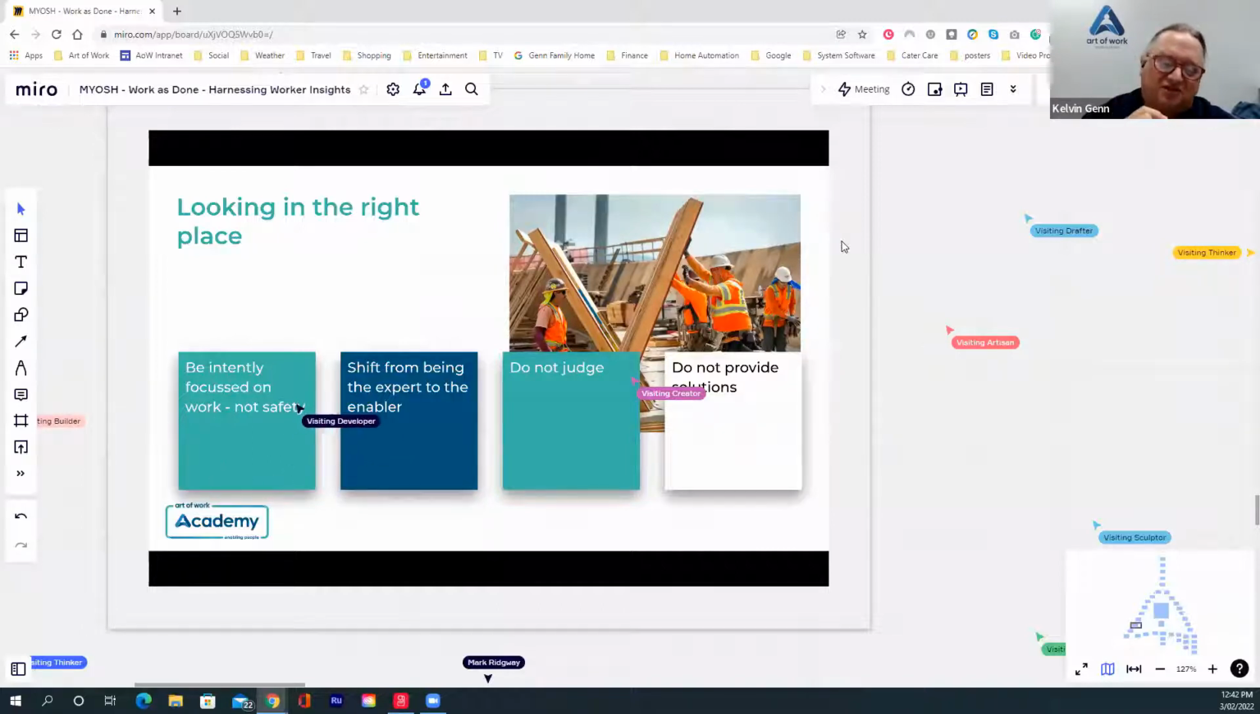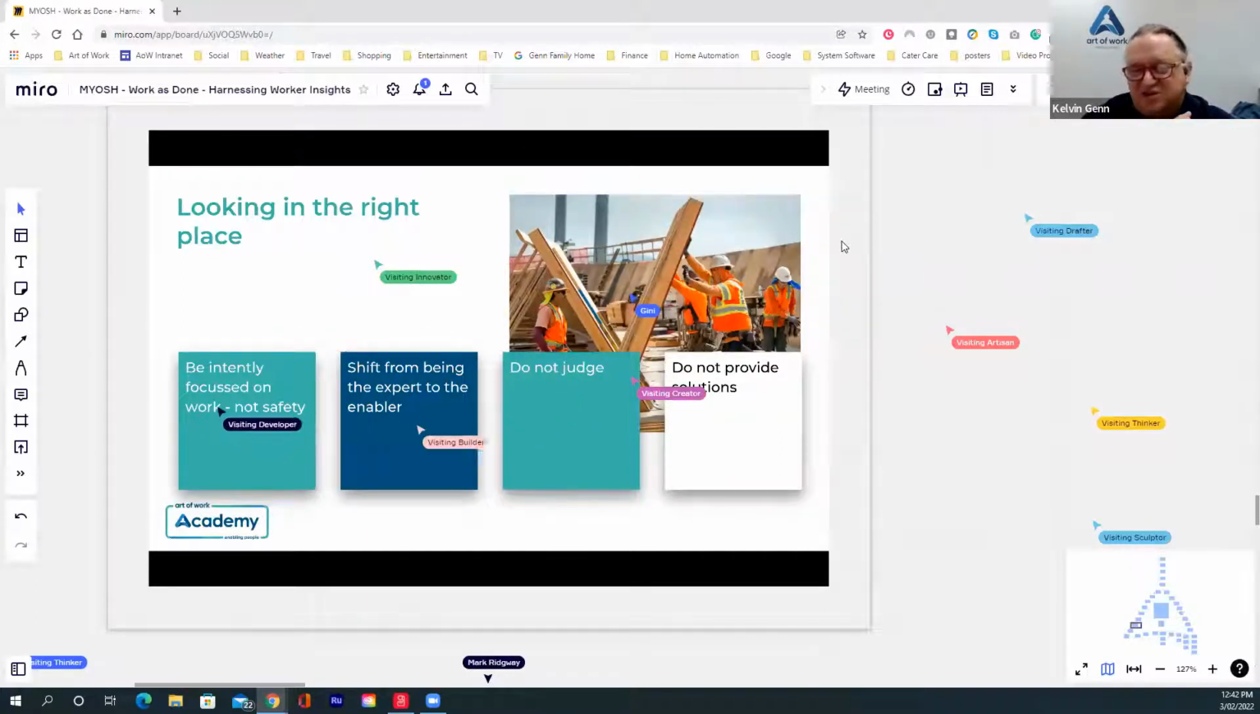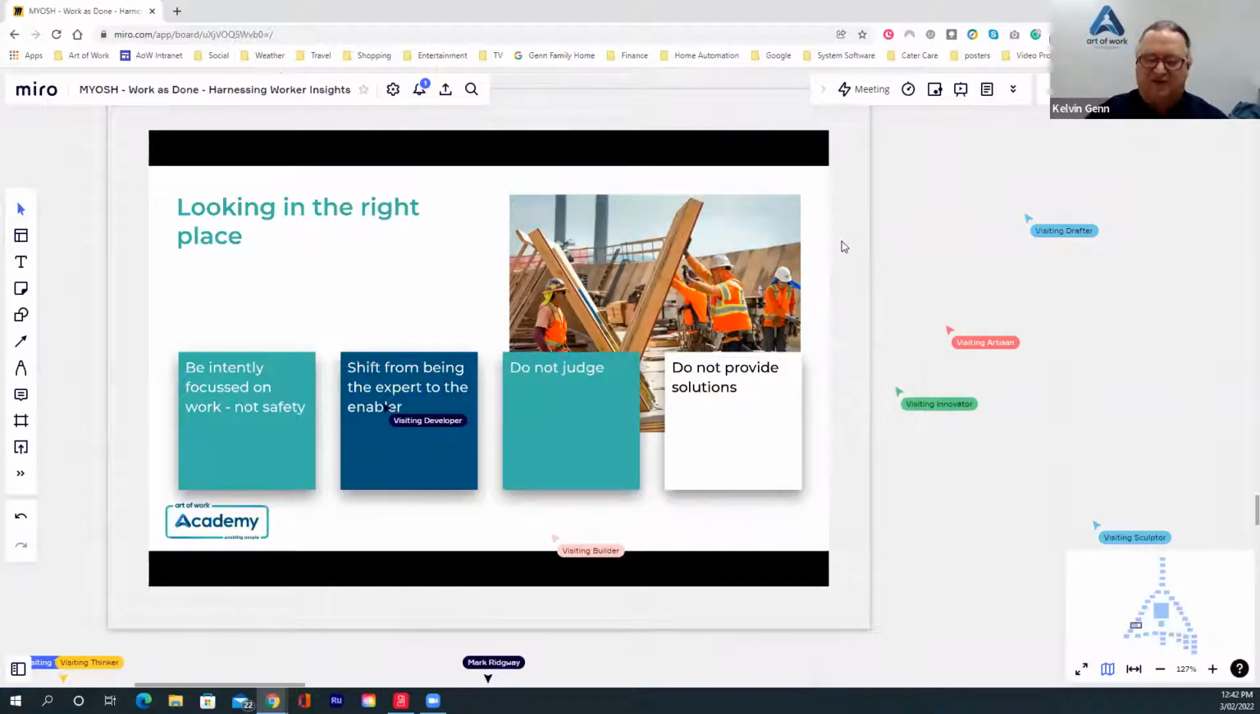So the first thing that's really interested in shifting into this space, this user experience space, is not to talk about safety, not to be focusing on safety questions when you do this, but be intently focused on work. Inquire about the nature of work, understanding from that. The second shift in this space is shifting ourselves, particularly as being the experts, into being enablers. So we become facilitators,